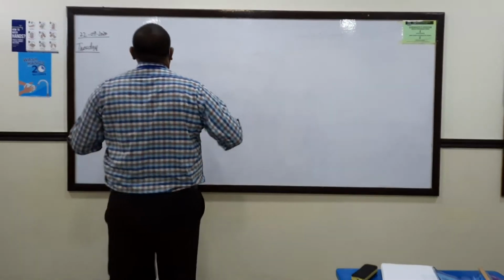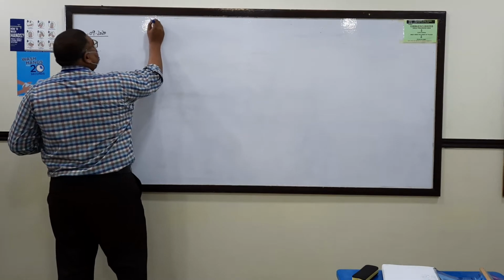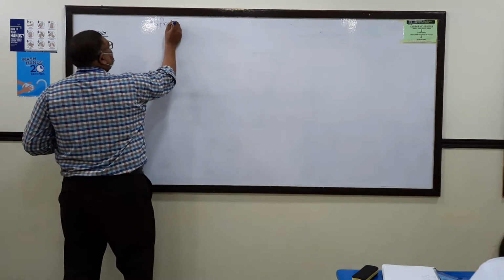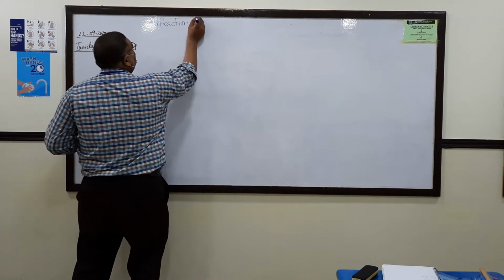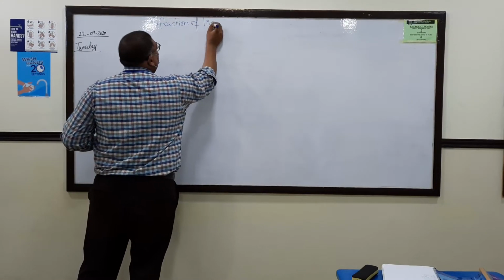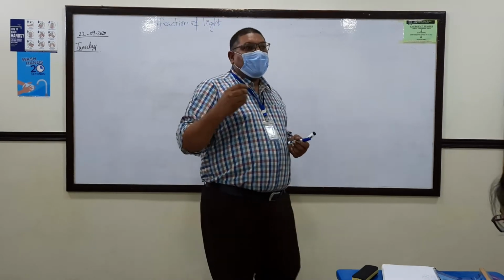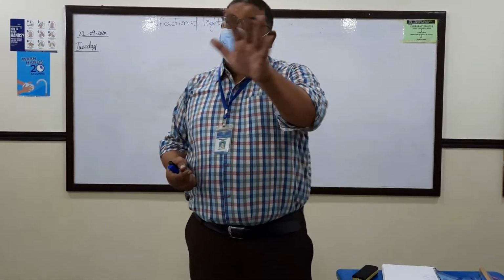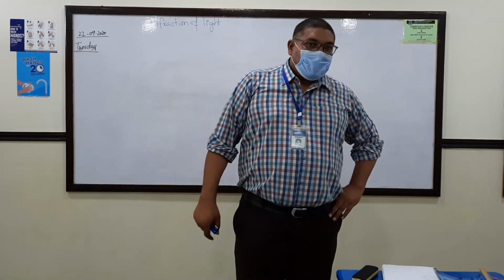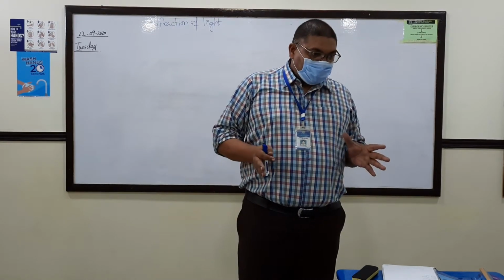Right now, I am with the 10 Matric class, and we are going to study about refraction. Today's topic is refraction of light. Okay? So, when the light is traveling, and we learned that the light travels in a straight line. When the light is traveling, light always travels in straight lines.